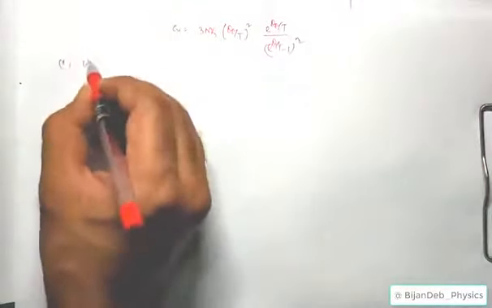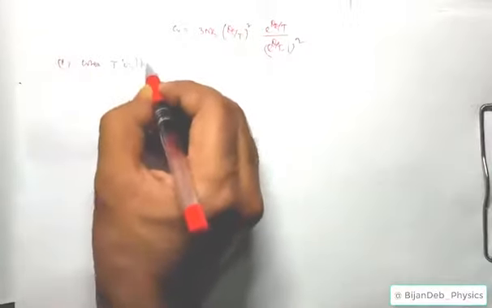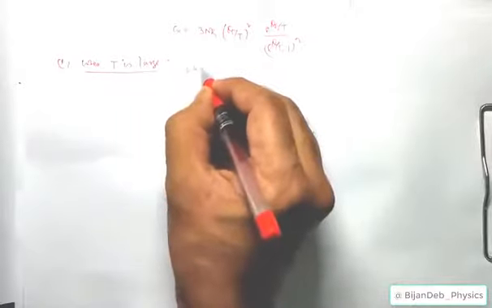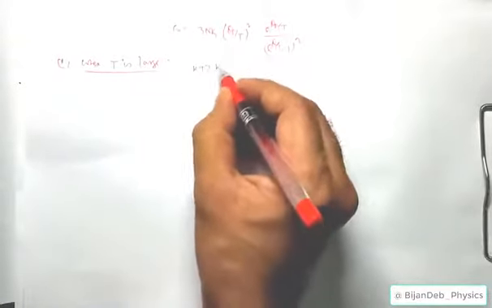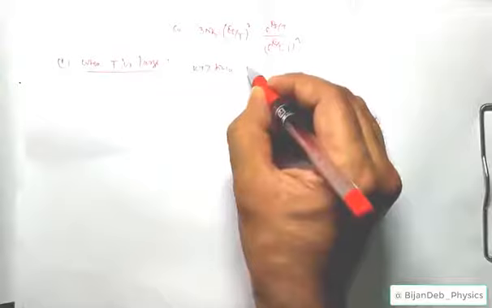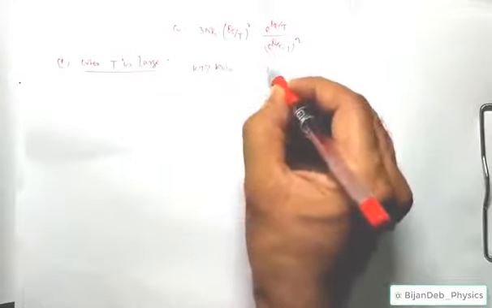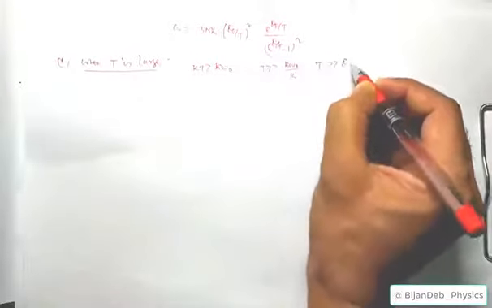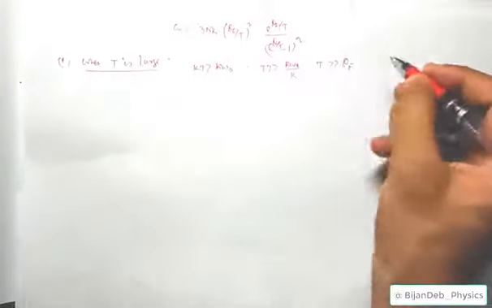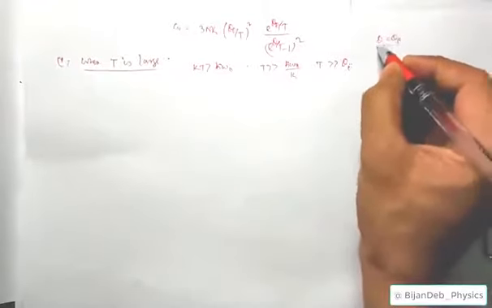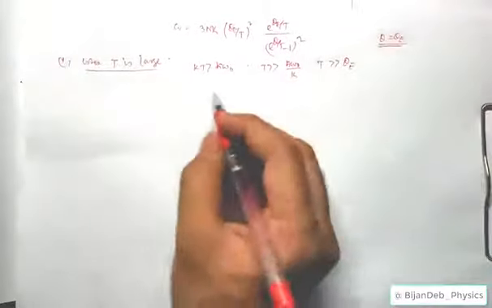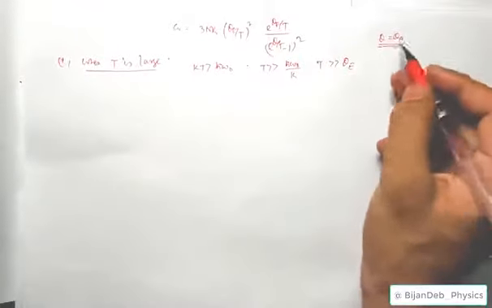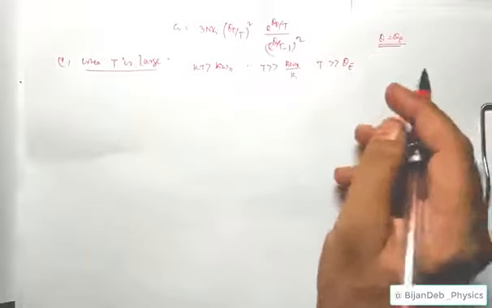So when T is large, kT will be very much greater than h cross omega 0, or T will be very much greater than h cross omega 0 by k, or T will be very much greater than theta. So theta E we will write equivalently as theta, so notation does not matter. You should remember this is the same thing; we use theta for simplification, to avoid writing it again and again.